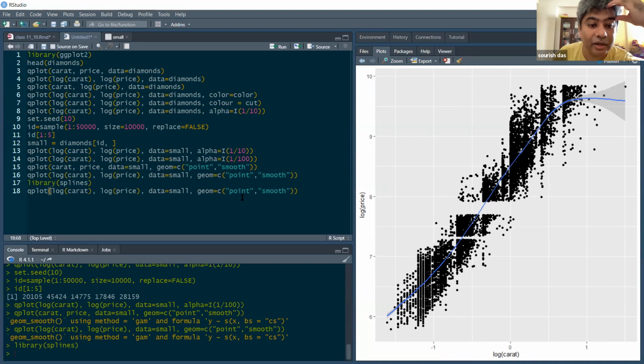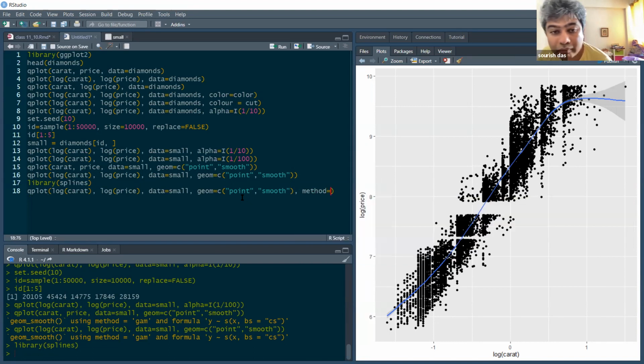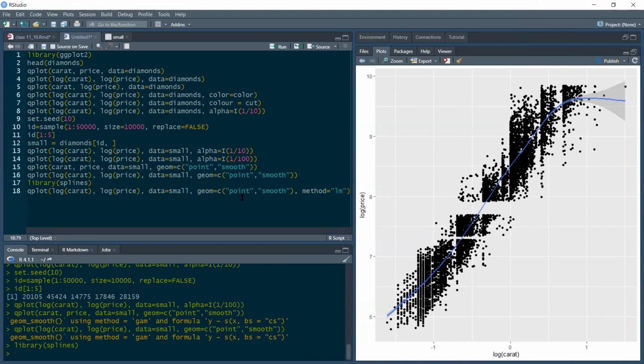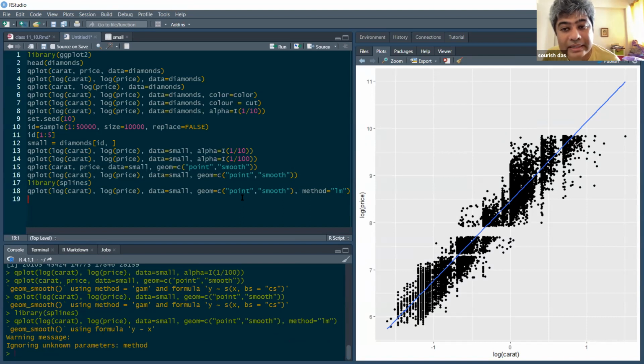And then after the point and smooth, you can write method equal to quote unquote LM. Run that. So it will fit a straight line effectively. It shows a warning message saying ignoring unknown parameters: method.